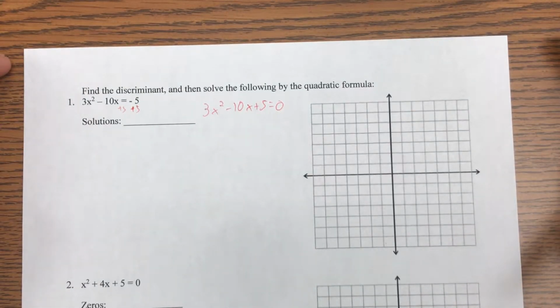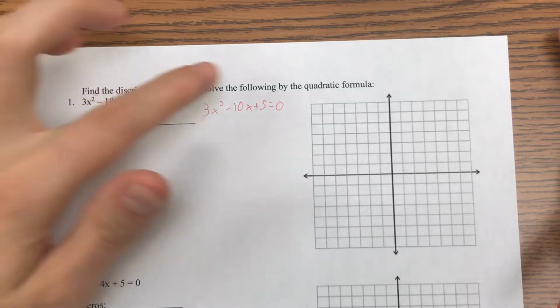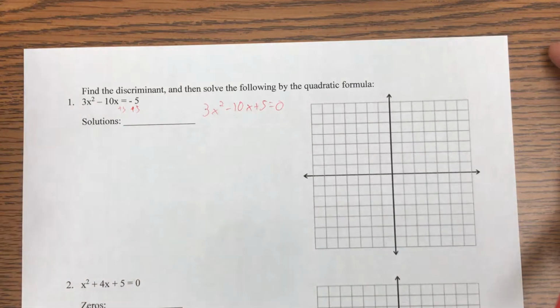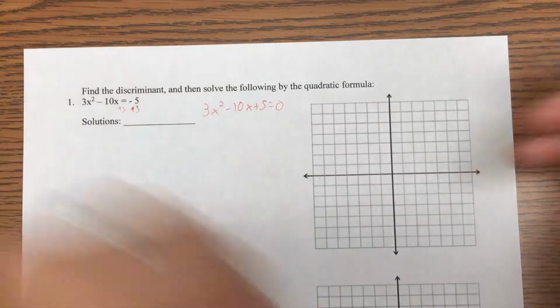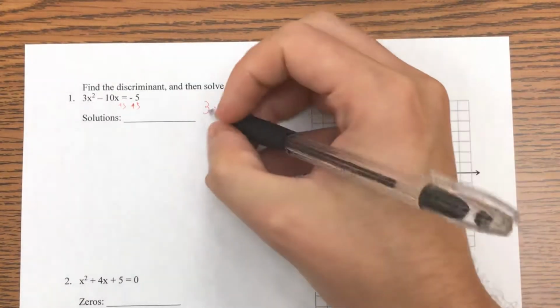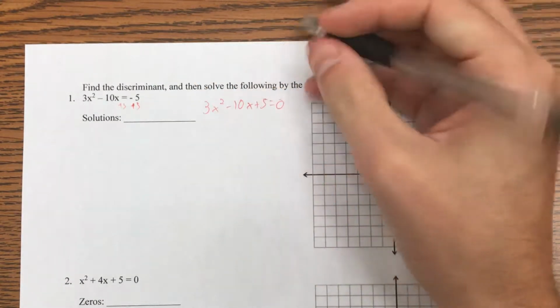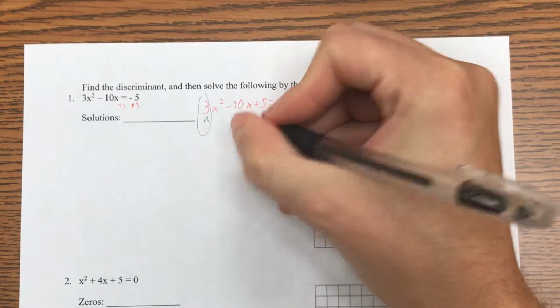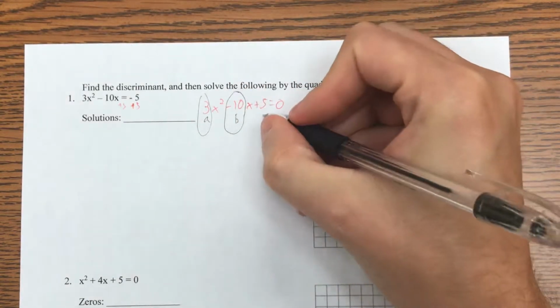Alrighty, here we go with, once again, the quadratic formula, finding the discriminant, solving quadratic formula, writing a whole bunch of stuff down, and ignoring these graphs. Awesome! Here we go. First of all, we already put this 5 on the other side because it has to be equal to 0. 3 is going to be A, negative 10 is going to be B, and 5 is